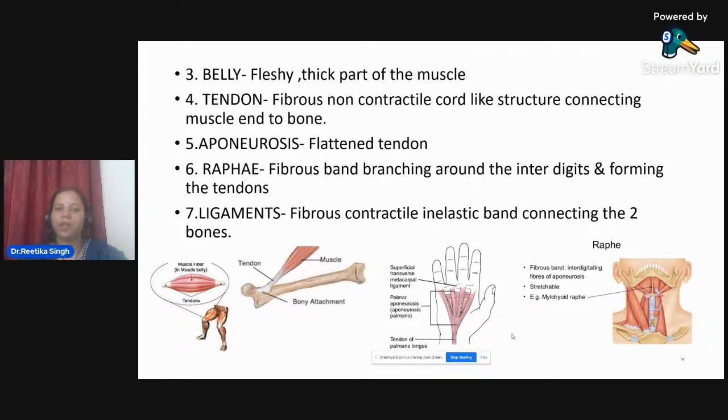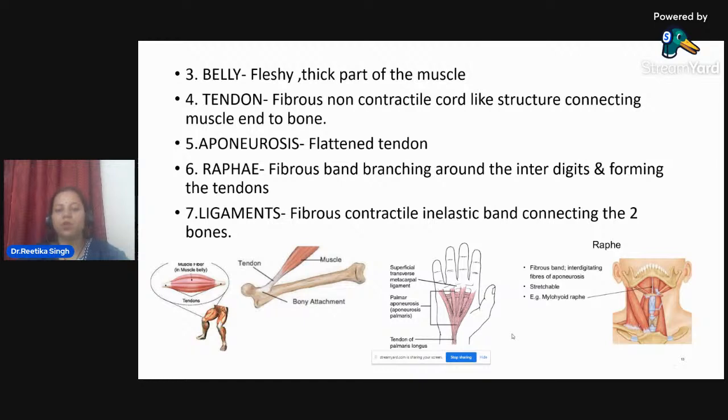Belly, fleshy thick part of the muscle. Tendon, non-contractile cord-like structure connecting muscle to the bone. Tendon is a non-contractile fibrous cord which connects your bone with the end of the muscles. Aponeurosis is a flattened tendon between the muscles, raphe fibrous band branching around the interdigits and forming the tendons,